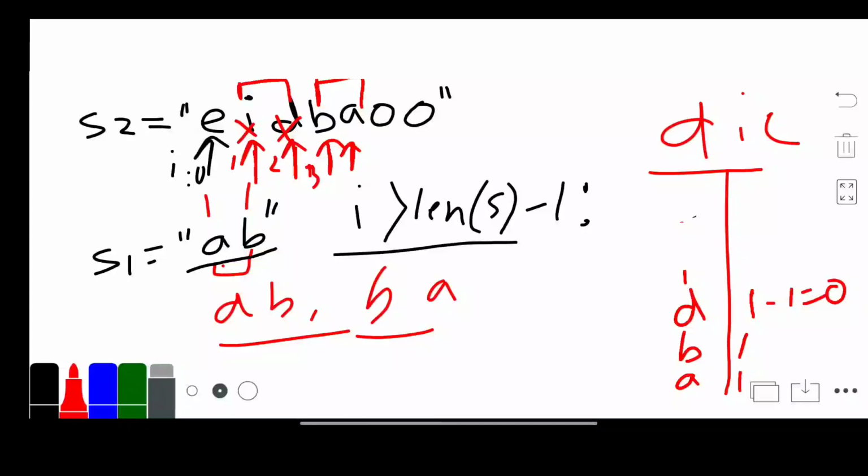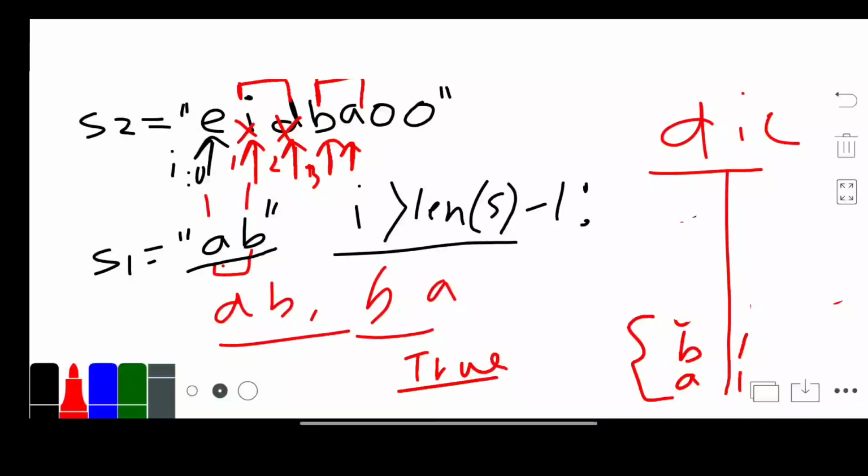If the value is 0, then we delete this key from the dictionary. Now in our window we have B one time and A one time. We check whether this matches S1's permutation. Yes, it matches, so we simply return true as our answer.